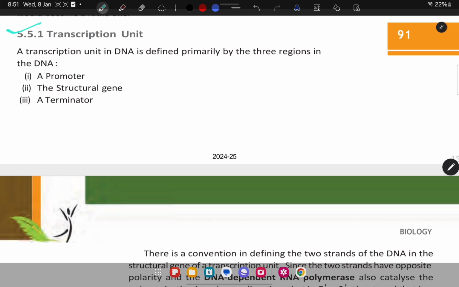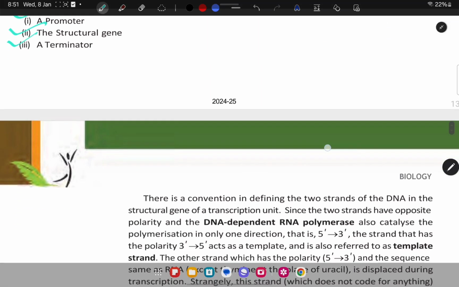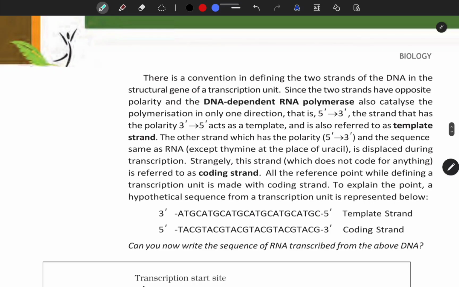5.5.1 Transcription Unit. A transcription unit in DNA is defined primarily by three regions in the DNA. First, a promoter, second, the structural gene, and third, a terminator. There is a convention in defining the two strands of the DNA in the structural gene of a transcription unit. Since the two strands have opposite polarity and the DNA-dependent RNA polymerase also catalyzes the polymerization in only one direction, that is from 5' to 3',